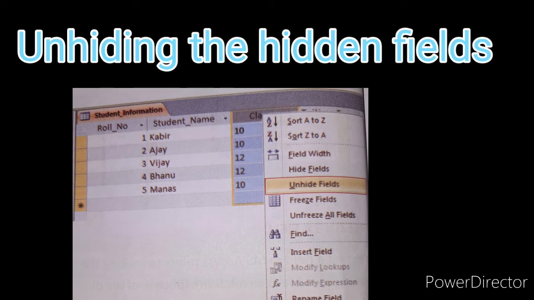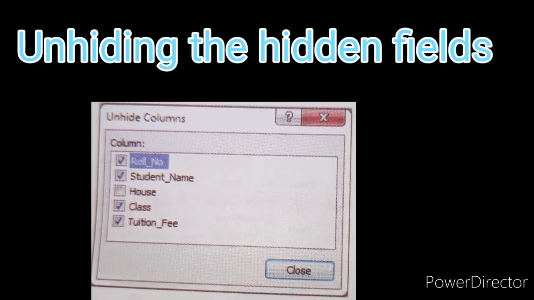Then you will get a dialog box. In that, whatever fields and columns are there, all those names will be displayed, children. See here, in this box, tick marks will be there, no? If you want to hide any column, you just unmark it.